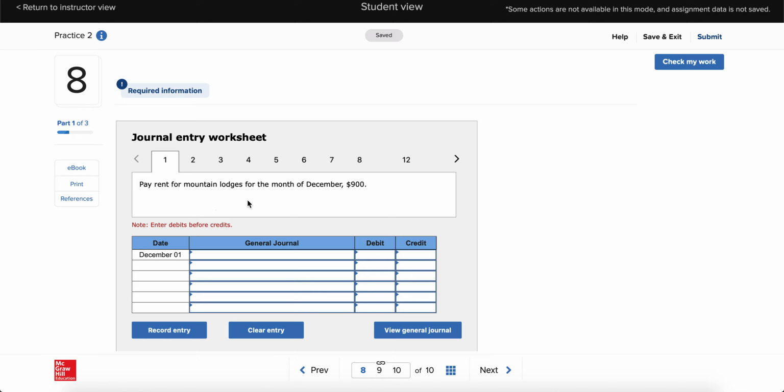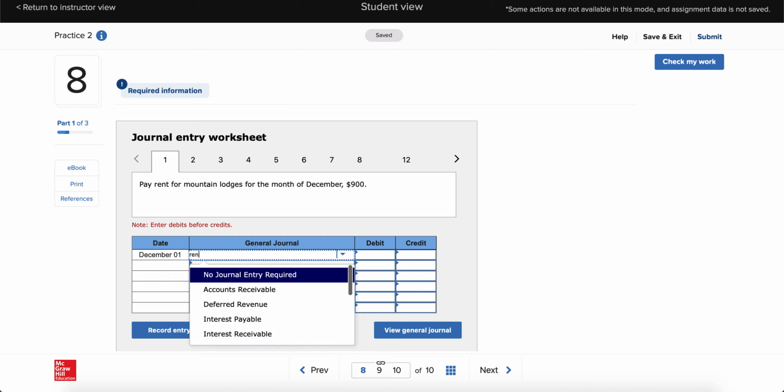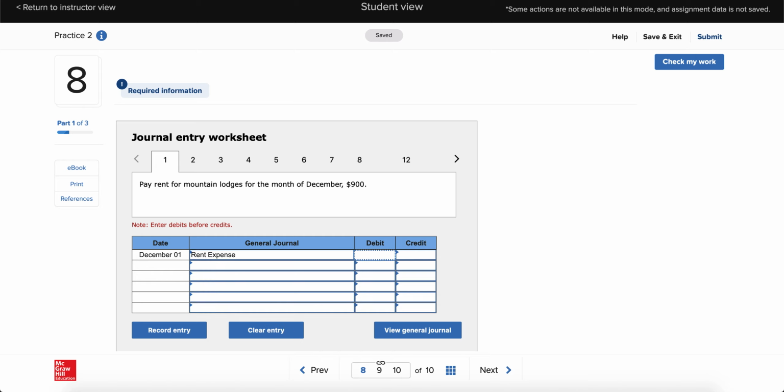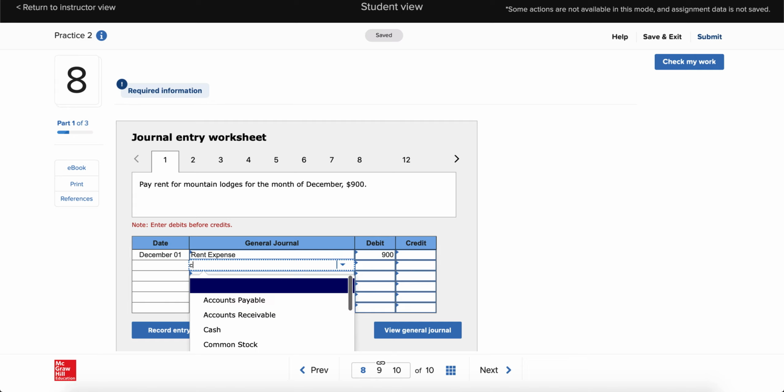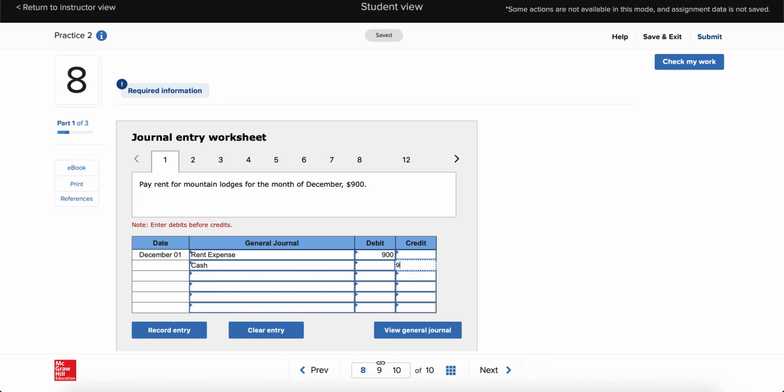So we pay rent for Mountain Lodges for the month December in the amount of $900. So we have here rent expense, $900, and we paid it, so that's cash. Record that. Number 2, we provided